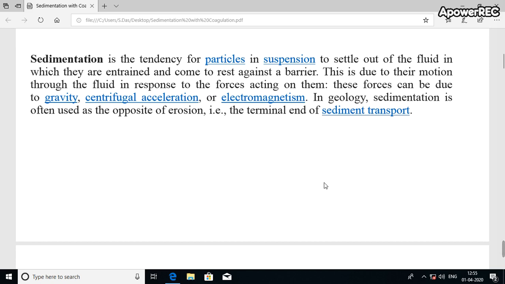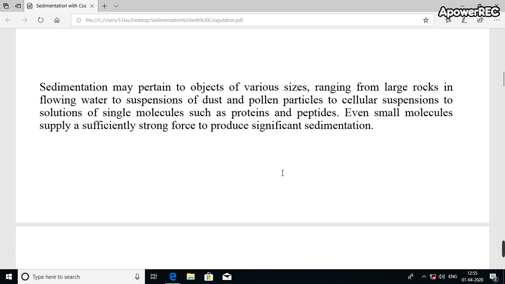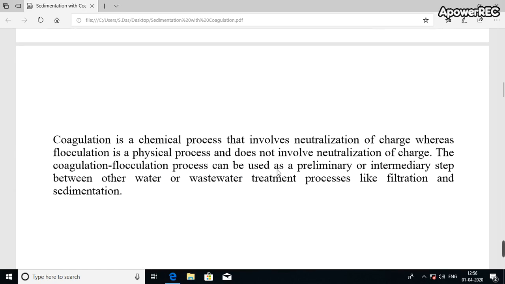That is, in the case of erosion, particles move out of the surface, and in the case of sedimentation, the particles settle down under the force of gravity at the bottom of the surface. Obviously, not all particles can settle down. Some particles will not be able to settle under the forces of gravity or electromagnetism. In those cases, we need to apply the process of coagulation,